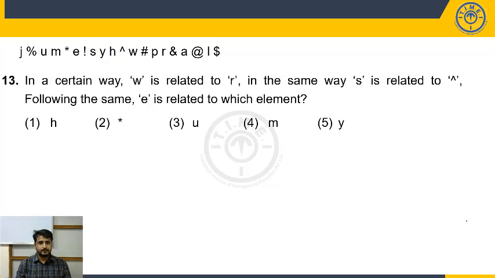In a certain way, W is related to R. In this given sequence, W is related to R. How is it? Third left. W is third left of R. In the same way, S is related to cap. Let's see. Yes, same logic. S is third left of